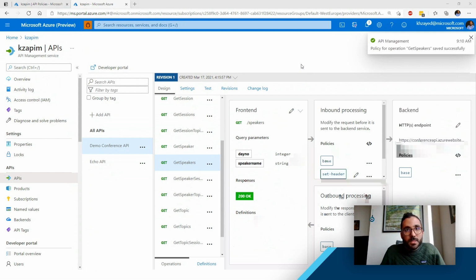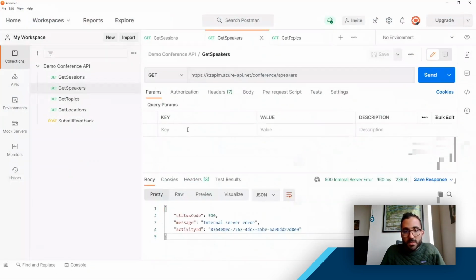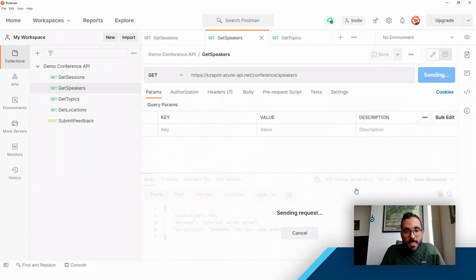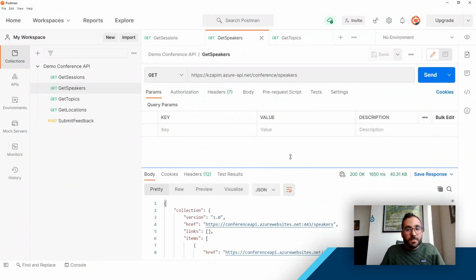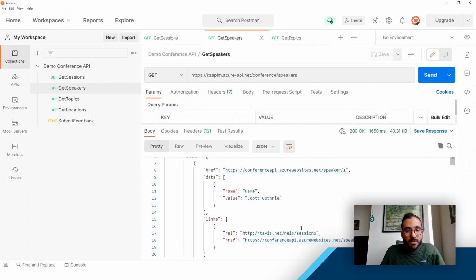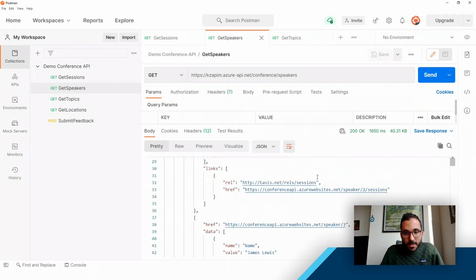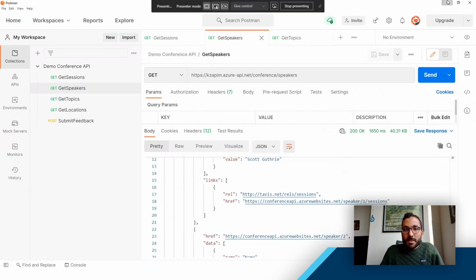And let's go back to Postman to try the get speakers operation. Perfect. Oh, I'm really impressed at how fast that updates itself. I would expect you'd click save and wait 5 minutes, but it's working immediately. No, it's pretty instant, and looks like this is going to be an interesting conference. We have some pretty good speakers here. Yeah, so we managed to fix the 2 issues that we had with our API management service pretty quickly,